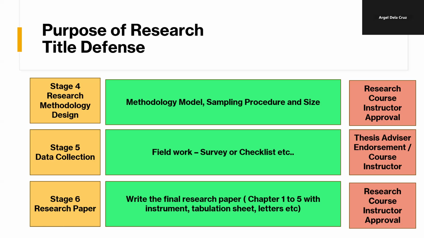So starting from 3, 2, 4, 5, and 1, or a combination of 3, 2, 4, 1, 5, the last part will be either 5 before 1 or 1 before 5. Whatever the combination, the last part would be chapter 5, or could be chapter 1, because you're going to present all the details in chapter 1 ahead for the reader to be able to understand your paper, and the concluding remarks should be in chapter 5. Okay?